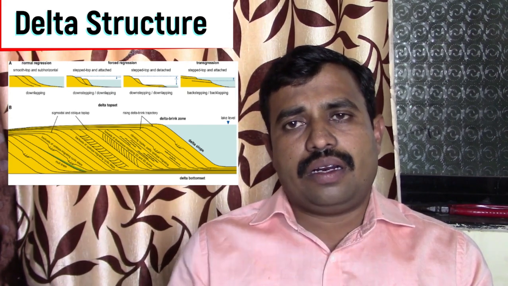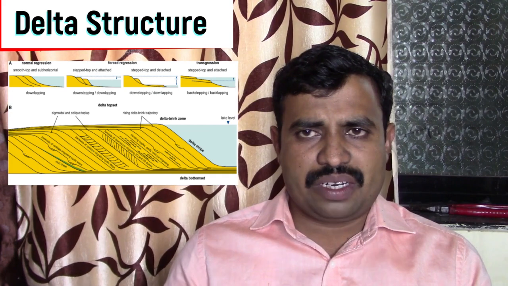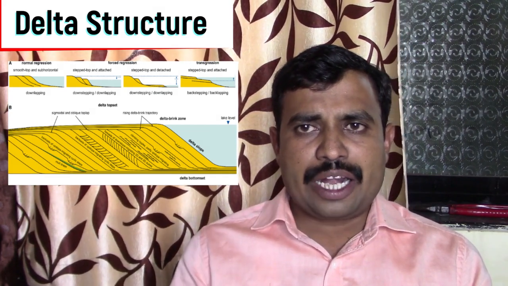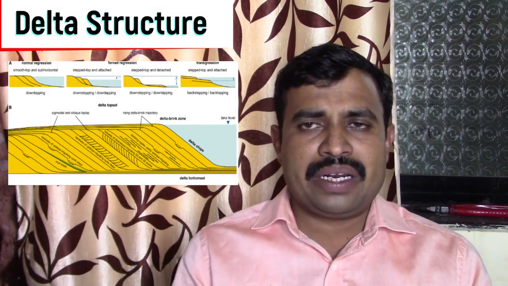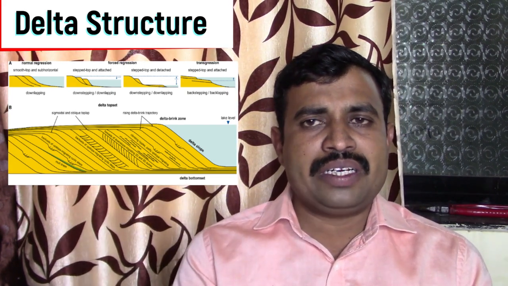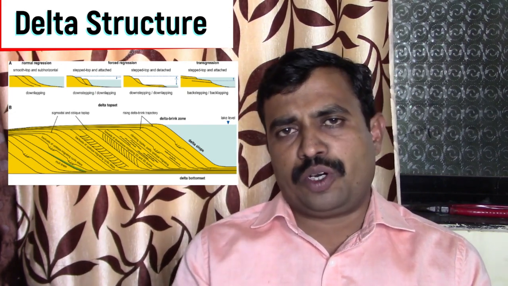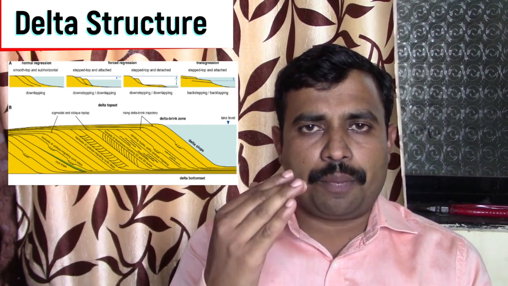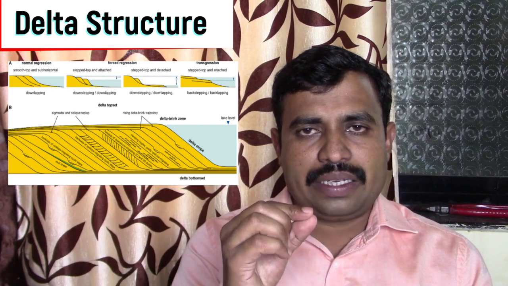When we see the deposition of these sediments, the river carries a lot of sediments. The coarse sediments are deposited near the land along the coastline, whereas fine sediments are deposited towards the sea. In this way the sediments are deposited. Then the delta shows three types of beds, particularly topset, foreset and bottomset. Topset is the uppermost bed of sediments, the uppermost beds in deltas.